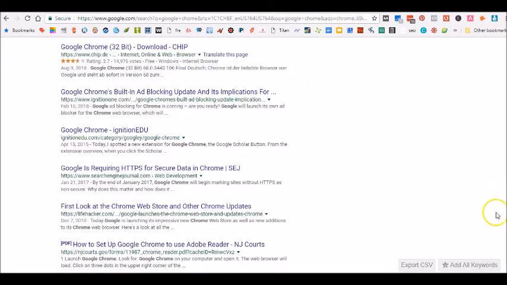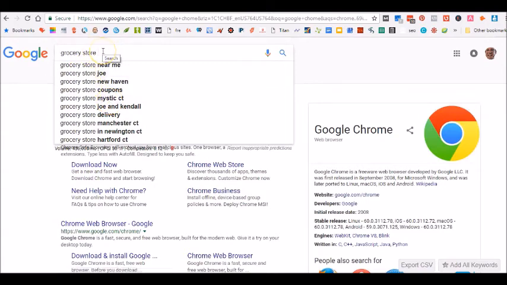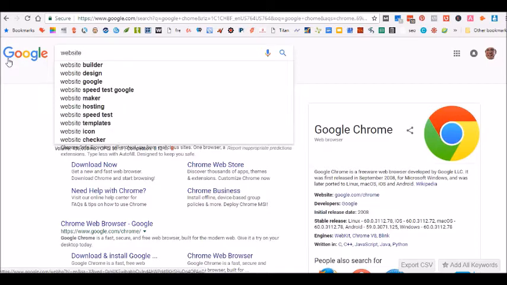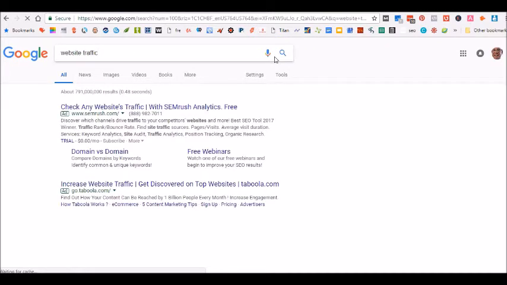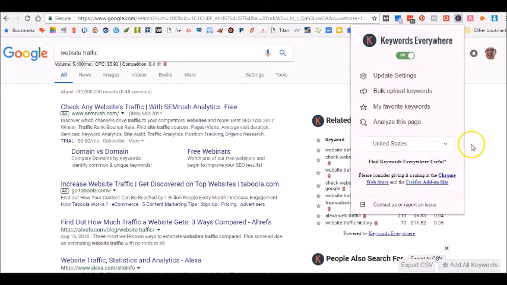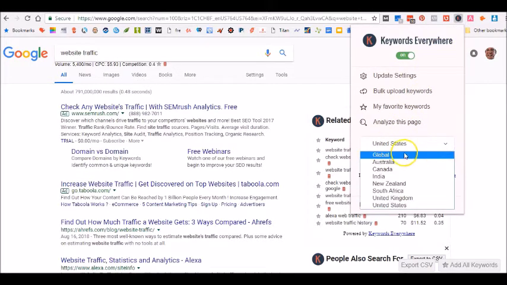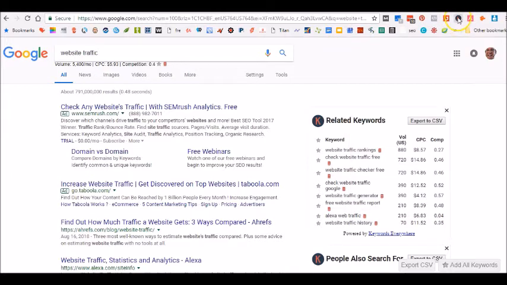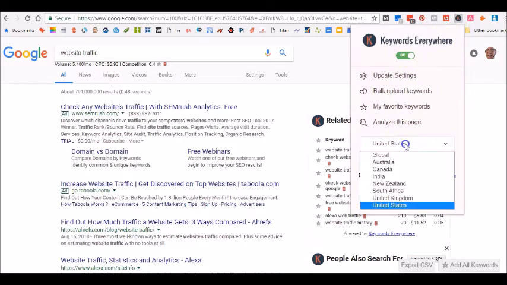So if you want to type in something else up here, say you want to do a blog post on website traffic, and you just click on that. Again, the volume is for the United States, because I do have my extension set for the United States. So if you have it set to global or Canada or whatever, that is what the search volume is in your country. Or if I set this for global,